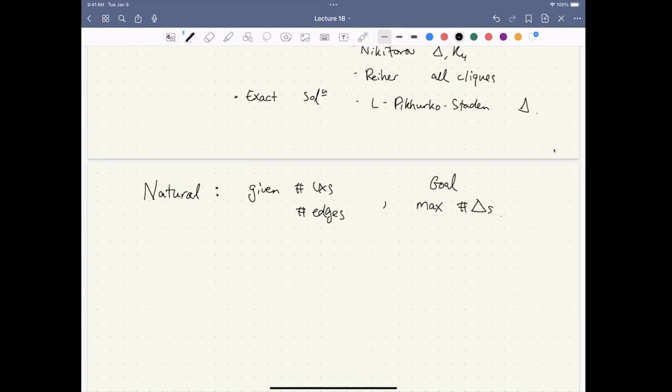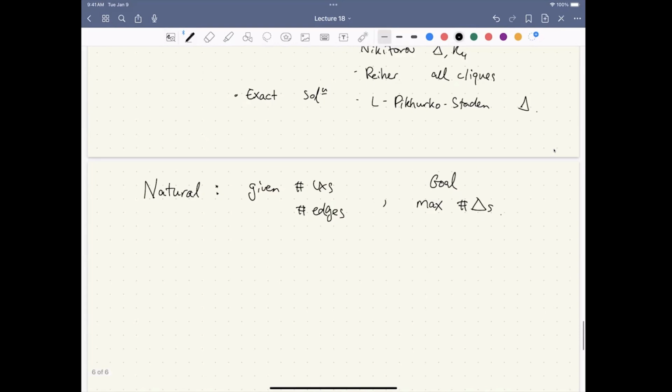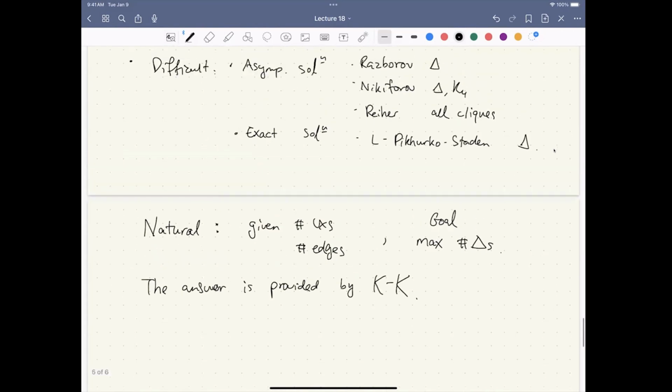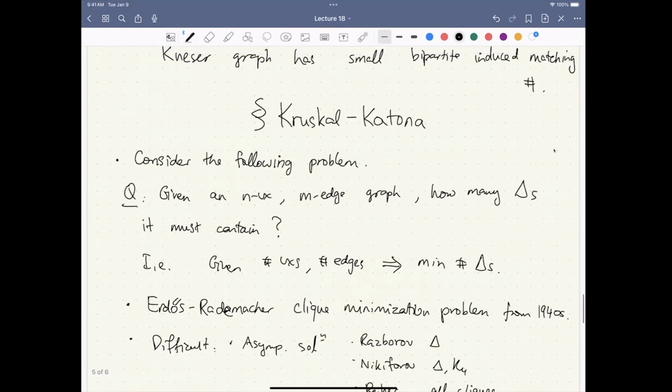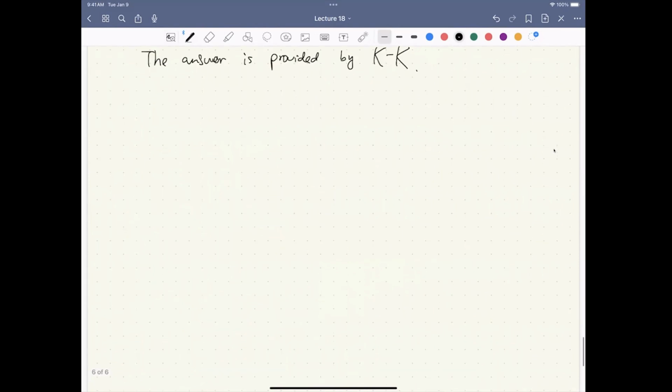We will see that the answer is provided by Kruskal-Katona. So what is Kruskal-Katona? This is to give you some motivation. Kruskal-Katona involves a new family